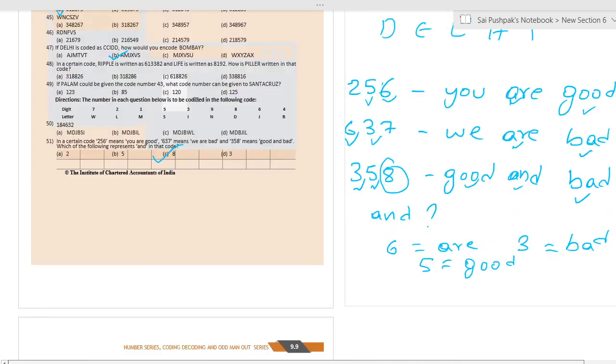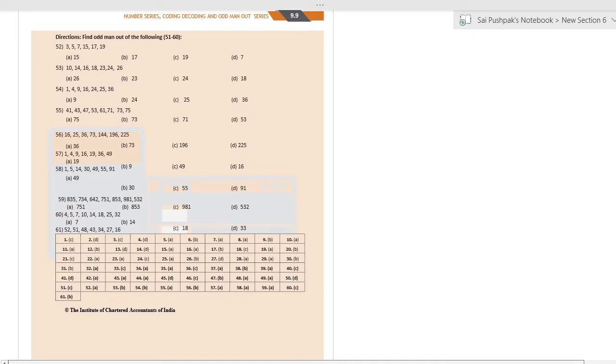Now that we are done with coding, we'll see odd number out. So you will be given a series and you need to find the odd one. Give you an example: 1, 3, 5, 7, 9, 10, 11, 13. Guys, can you see that? Can you find the odd number? Odd number means not 1, 3, 5, 7, 9 all. Odd number means जो different है, जो हटके है इन सब के numbers से. Don't take it as literally as odd number.